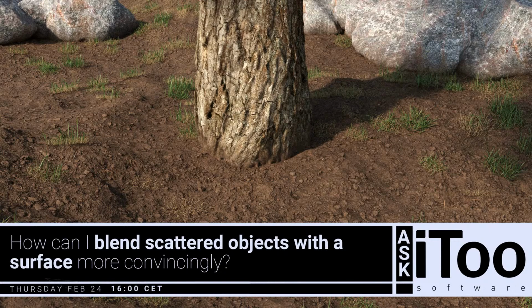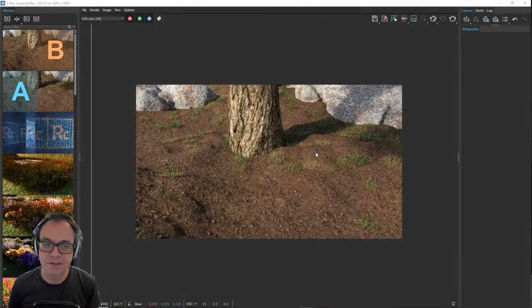If you've got the base of a tree, for example, and it's contacting the ground, whether it's where it hits soil or grass or something like that, you get this quite artificial line where just the two textures meet. And my usual trick there is to try and hide that with grass or something like that, but there is a trick you can do with shaders to help disguise that. So I'm going to show you that now. This is V-Ray, but it will equally work for any other renderer that supports a distance texture. So I'm going to switch to screen capture mode, and here we go.